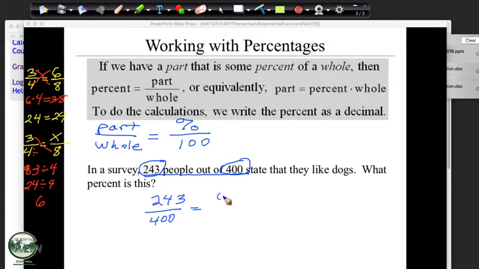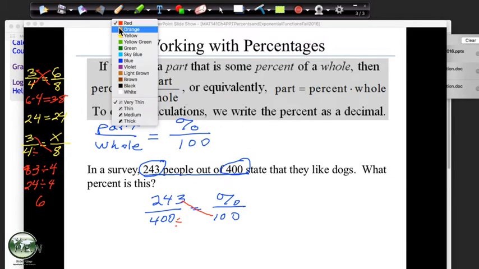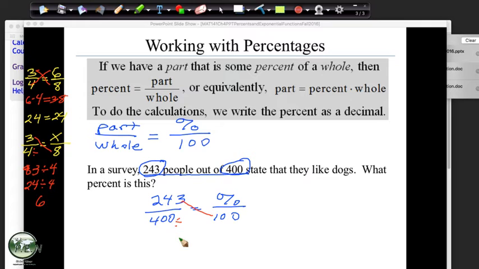And that is equal to the percent over 100. So what we do is we're going to cross multiply and then divide. Now, there's other ways you could do it. You could do it in a different order. You could divide and then multiply by 100, but if you remember everything correctly. But I just take it naturally: take our 100 times 243, and then we'll divide by 400. It'll always work. And this gives us a percentage. We don't have to change it from a percent to a decimal or decimal to a percent. It's going to give us the percent.